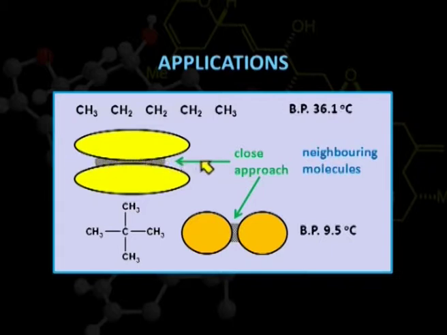gaseous state. So far we have discussed van der Waals attractive forces, which are responsible for many variations in the physical properties of the alkanes, their boiling point, their natural state. But van der Waals repulsive forces are also very important, and they also play an important role in the stability of many compounds like substituted cyclohexanes.